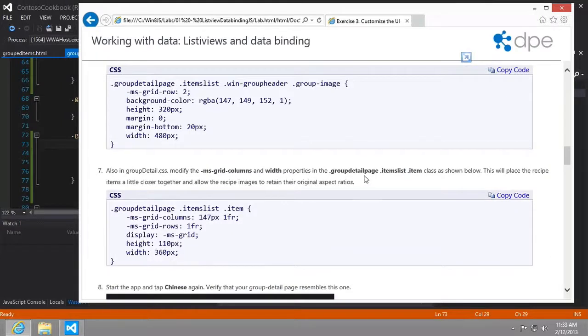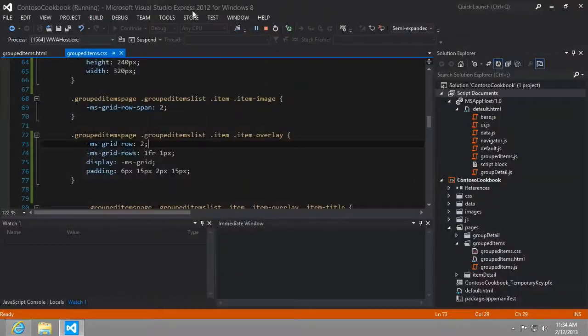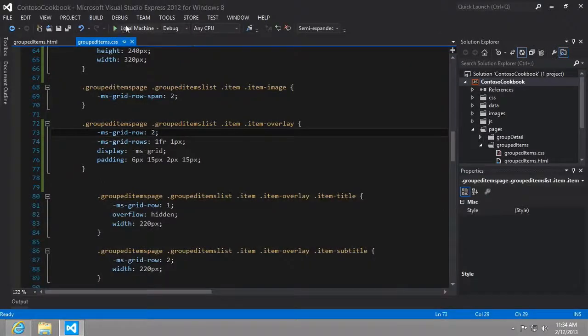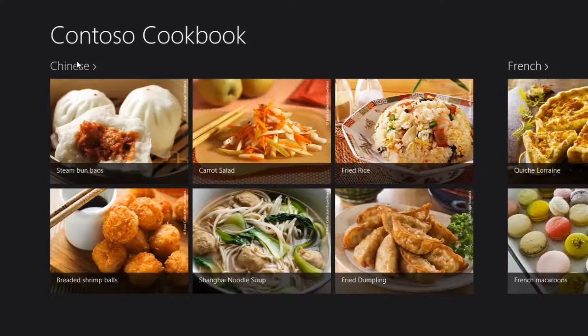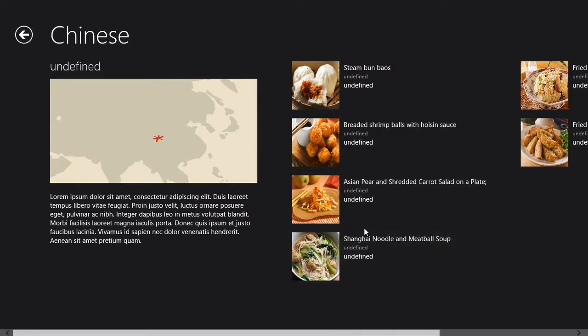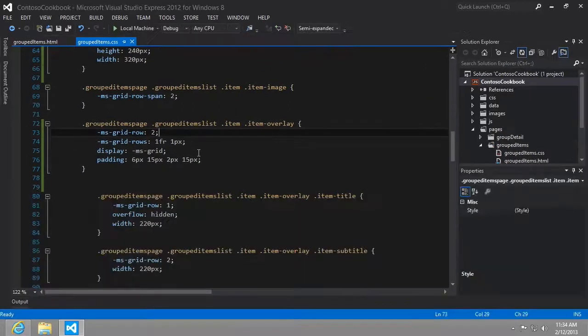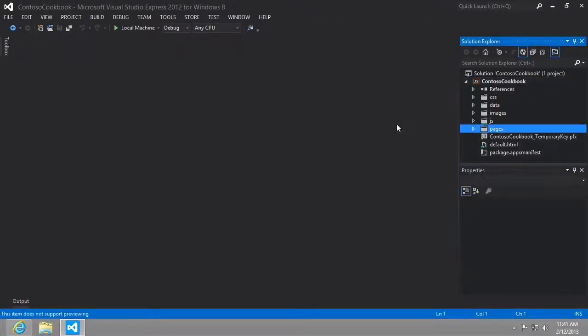Okay. And it looks like we'll also modify the individual items that appear and make them appear a little bit closer together, because right now they're pretty far apart. So let's go ahead and rerun that. So we want to put them a little bit closer together. Probably that's a pretty minor detail. Let's go ahead and do it. So we're going to close these. Okay, so the next thing that we're going to want to do is make a change to the group detail